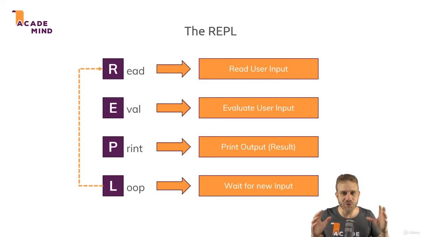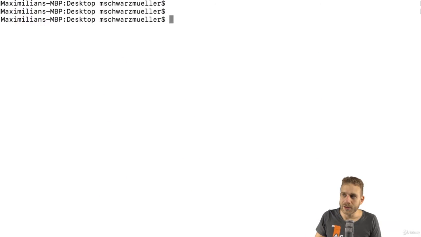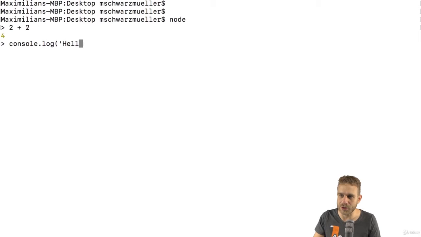And the REPL is what you use if you just type node into your terminal. Here I am in the terminal, or on Windows, this would be your command prompt. And there, if you just type node with node installed, you are now in the REPL, which you can identify by the fact that you now don't have that full path and your computer name at the beginning, but just that greater than sign. And there you can execute node commands like console log, 2+2, or also writing, interacting with